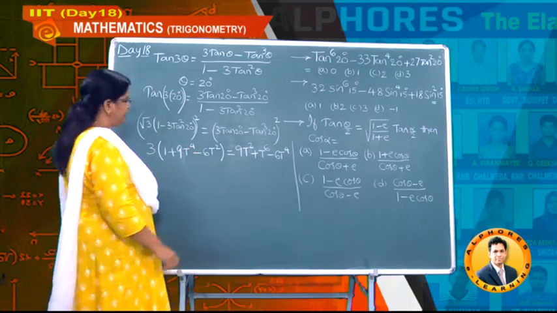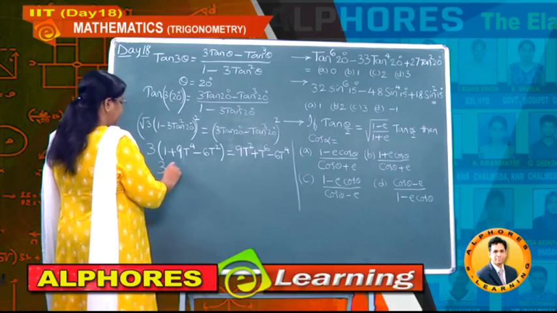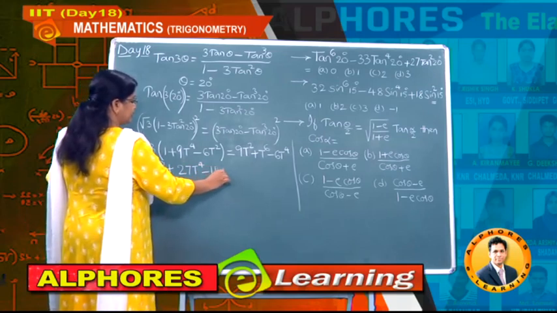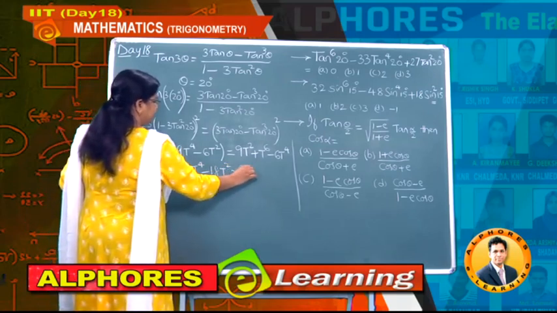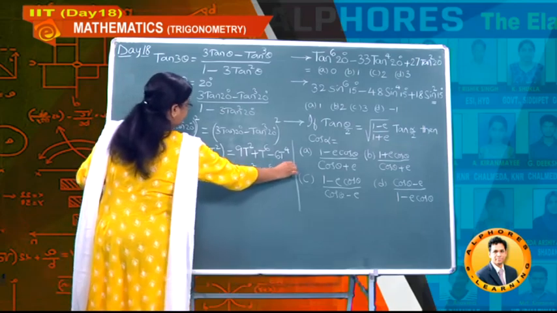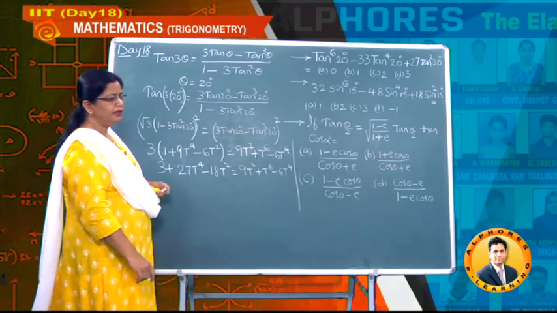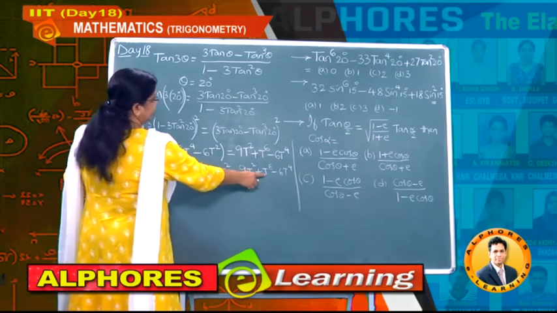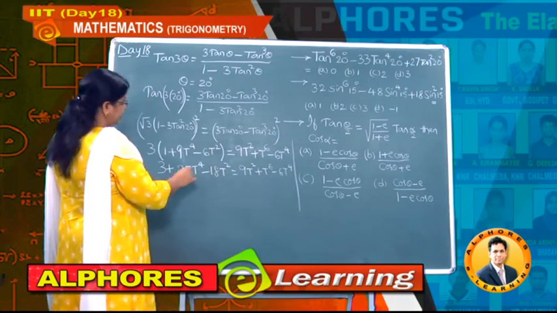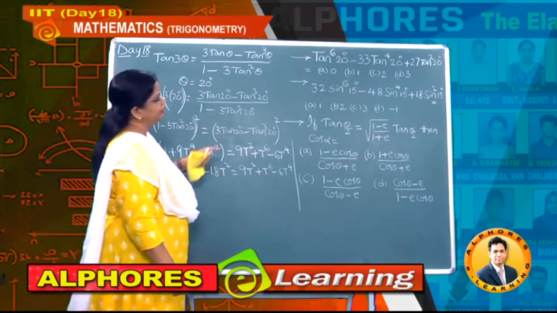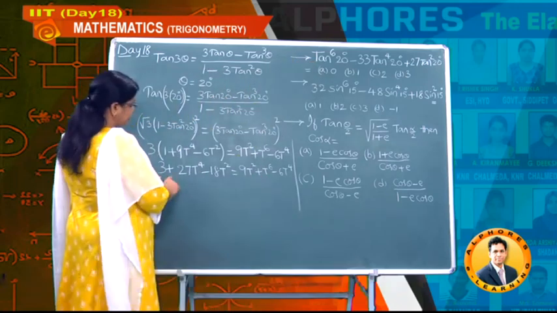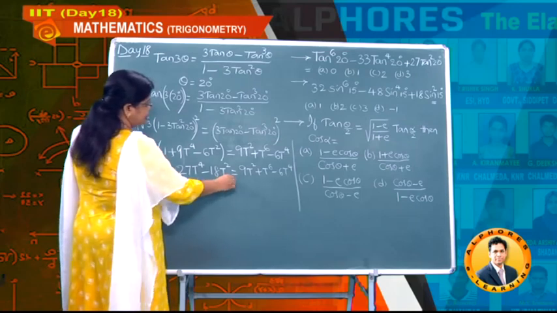Now let us multiply with this value: 3 plus 27 tan to the power of 4 minus 18 tan square, and this side it is 9 tan square plus tan to the power of 6 minus 6 tan to the power of 4. Okay, let us write all values on one side. Here tan power 6 being a positive value, let it be there only, and let us keep the constant on this side, because in the problem there is no constant term at all. So let us put this constant here and take these two terms to that side.